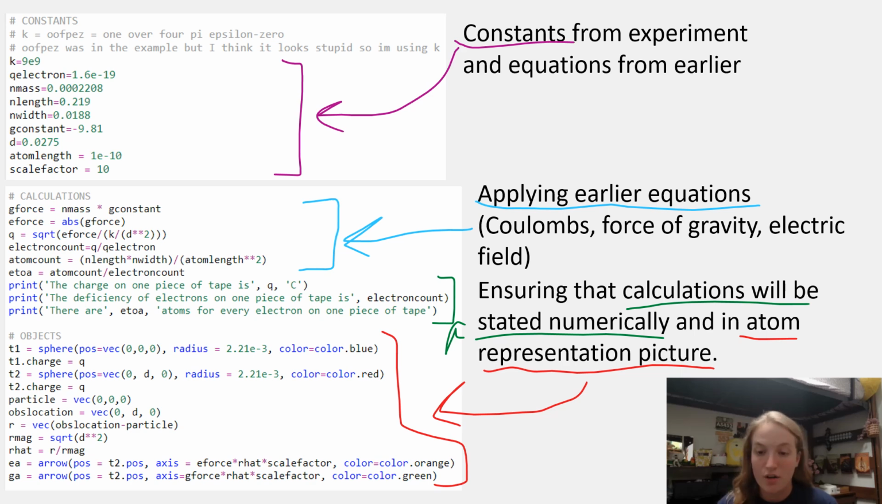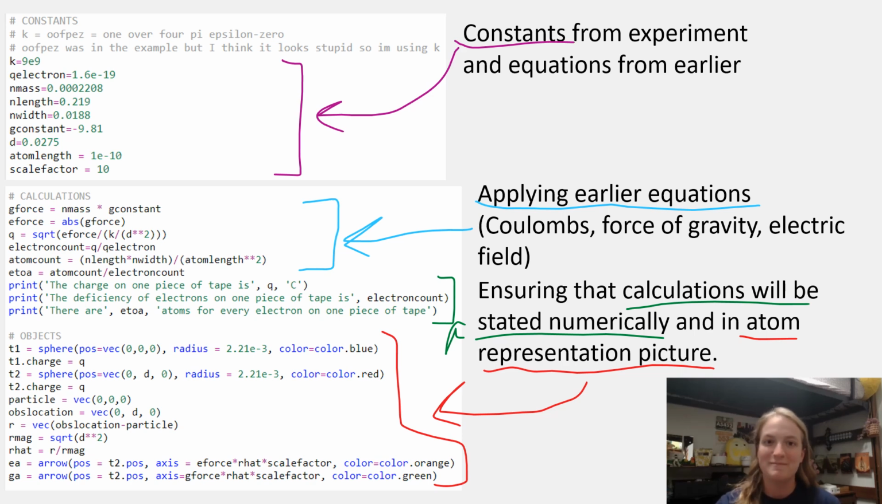Okay, and then for the code, it was pretty simple from the code that was given to us. First at the top, we have all of our constants, which I listed before, and you can look through the previous slides if you'd like. And then we applied the earlier equations, which I talked about for Coulomb's law, the force of gravity, and also the electric field. And then I used the print function, so that way when we got the results of the tape and electrons, the calculations will be stated numerically. And then also for the picture, literally in the results category, that was all done at the bottom to make sure that the objects were the right colors, clearly labeled, and also that they had the correct